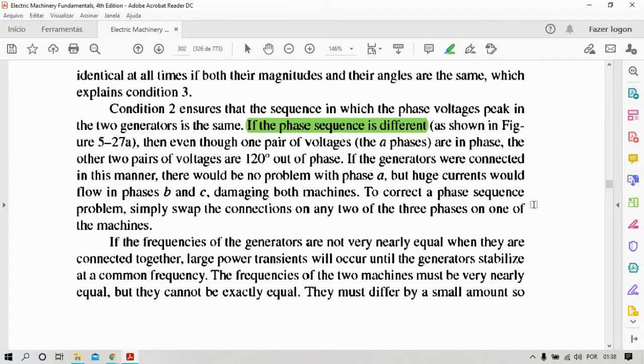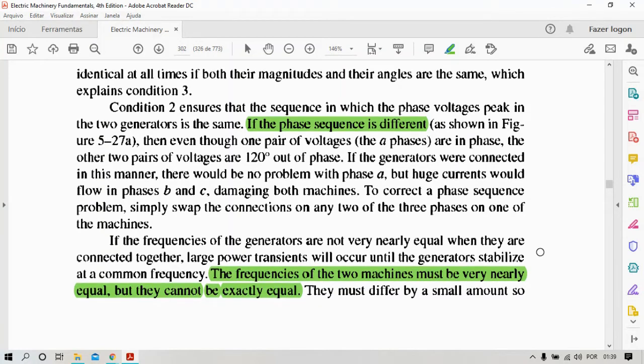The frequencies of the two machines must be very nearly equal, but they cannot be exactly equal. So, when talking about frequencies, there is a little detail about this. The voltages have to be equal and in the same phase sequence. However, the frequencies have to be slightly different, not exactly equal, and the text will explain why. They must differ by a small amount so